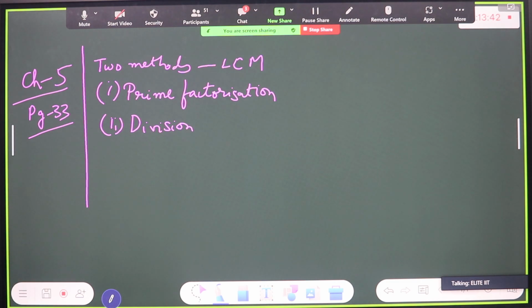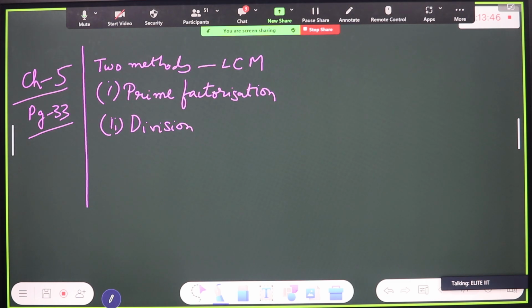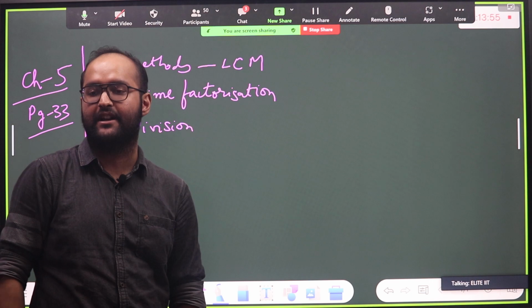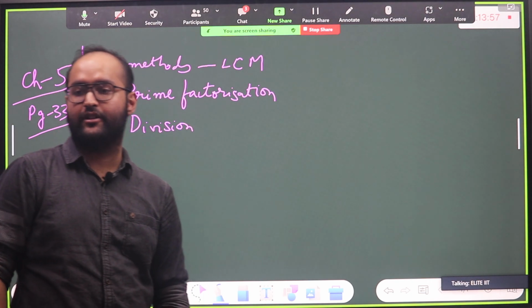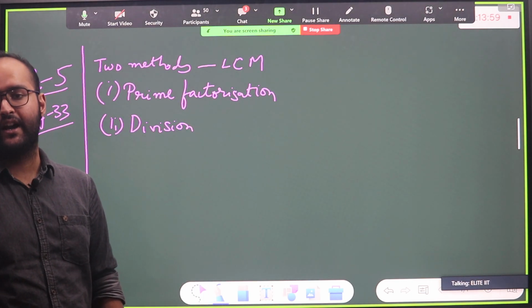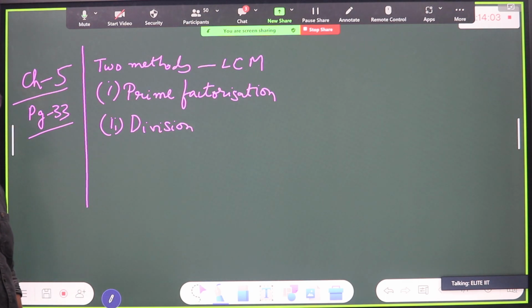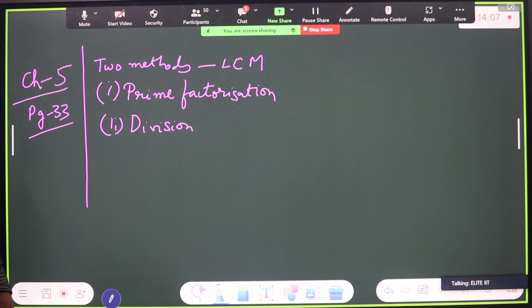But other than these methods, we have another method, the one we used for finding LCM just now, isn't it? Just now we found the LCM of 3 and 2. How did we find that? Just by simply writing the multiples, isn't it? But that is not actually always possible. Since we had small numbers like 3 and 2, we could easily write the multiples and see the common one, isn't it?